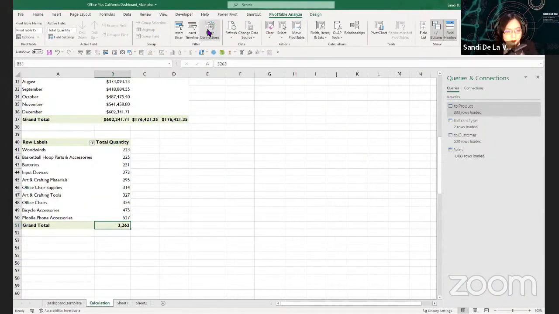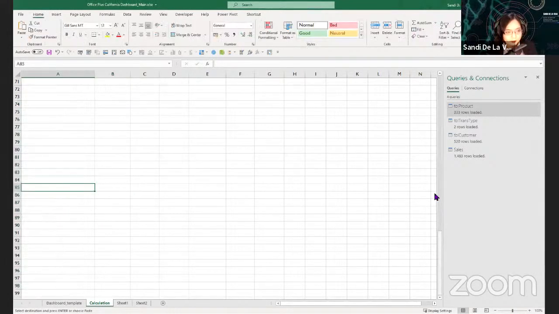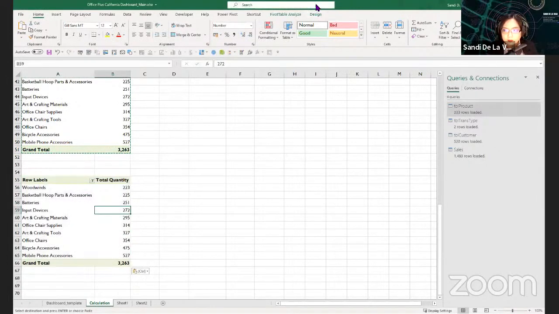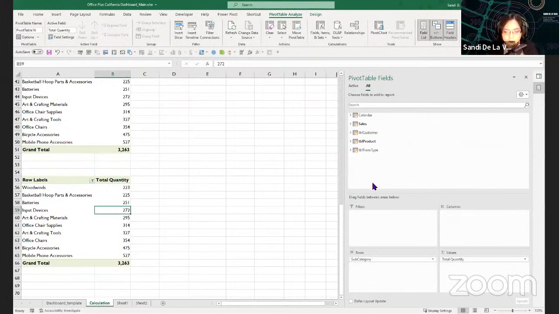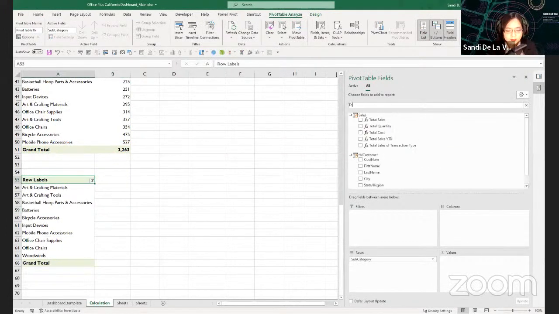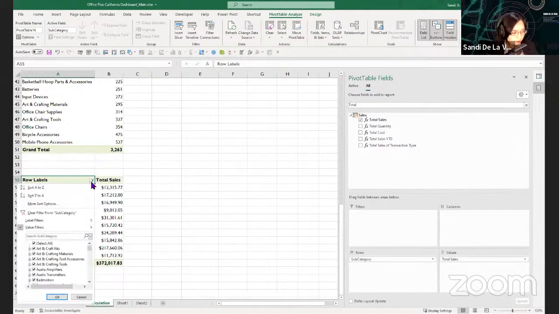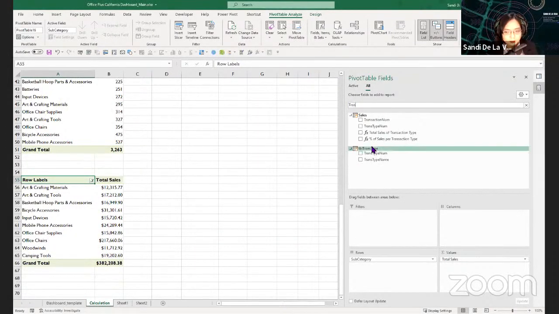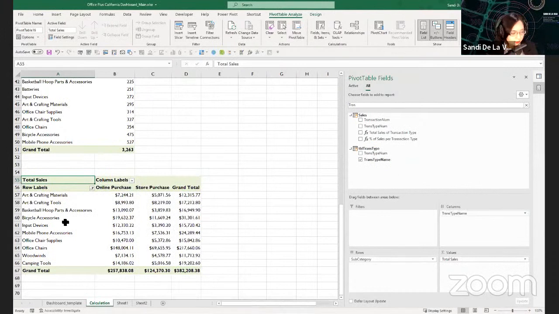So going back, let's just copy this pivot table. Then use the total sales as values. Remove the filters. Since we need the top 10, we just change the filter based on total sales, then use transaction type name as columns.